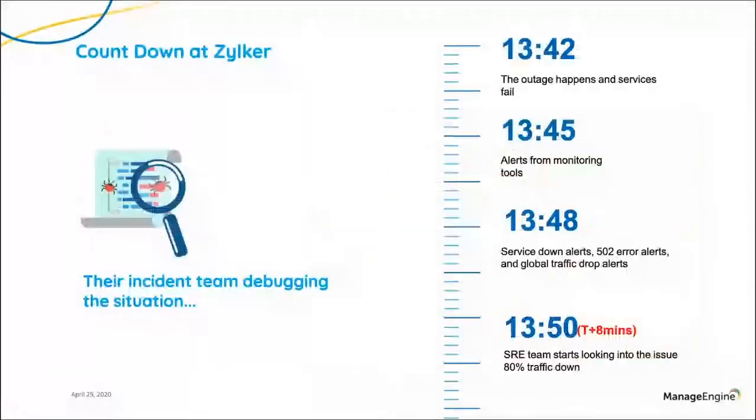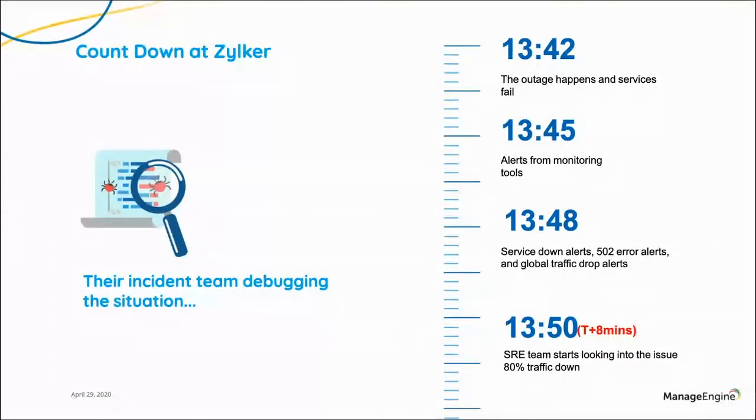So let's run down a timeline, right? What happened when the issue occurred, and what are the steps that were taken by Zilker in order to handle this major incident, right? So at 1:42, the outage happens and services begin to fail, right? And 3 minutes later, Zilker team is still getting alerts from the monitoring tools, right? And there were service down alerts, 502 error alerts, and global traffic drop alerts, even after 6 minutes from the initial occurrence, right? But till the 8th minute from the issue, Zilker team was not aware that there was